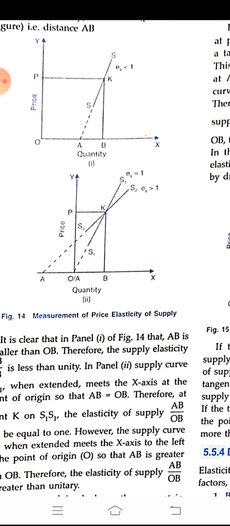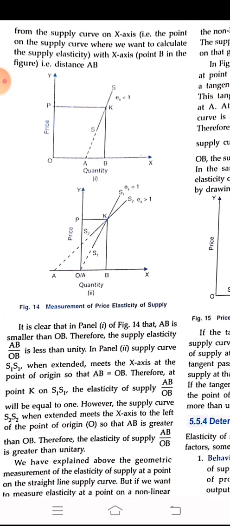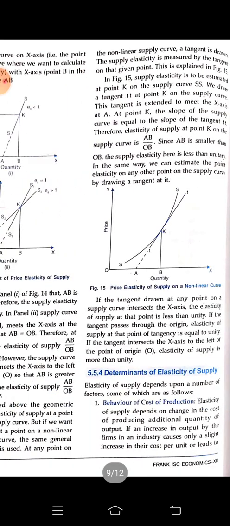So we can conclude that the price elasticity here is perfectly elastic. So what happens if there is a supply curve? If it is straight, we are going to just bring the imaginary line and extend it below. But if the supply curve is a little bit curved in its nature, as you can see in this diagram, then we have to draw a tangent. We can draw a tangent which is touching the supply curve, draw an extension and bring it down to touch the x-axis, and then we can again apply the same thing.